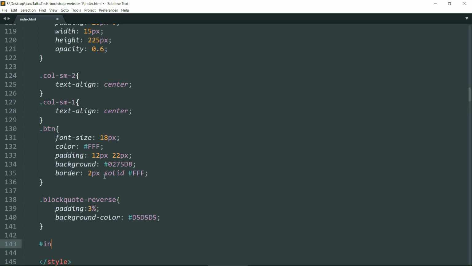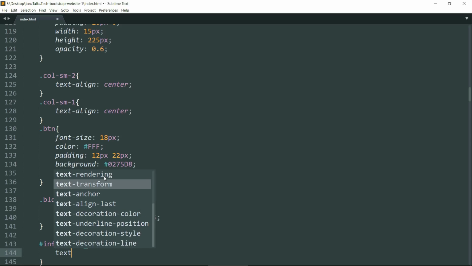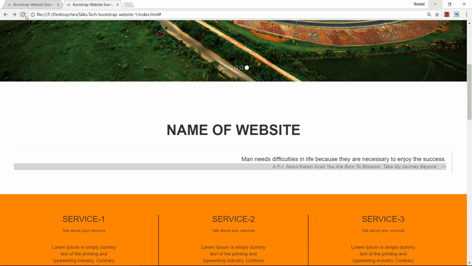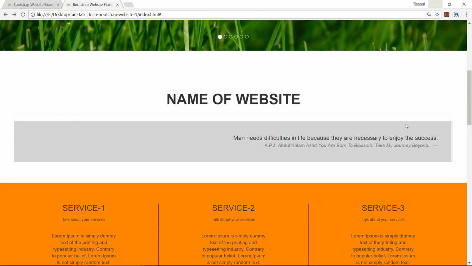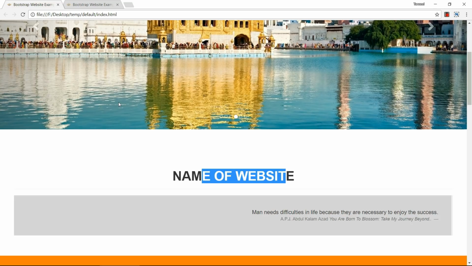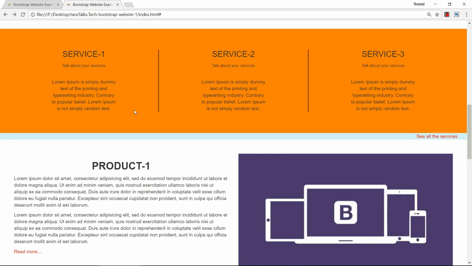Now drop down and write #info-right, give it a text-align as right, give it a padding in the right as 2%. Let's save this. Yeah, now we have the box with the gray color properly aligned to the right side. Now the website is pretty much like the original one.